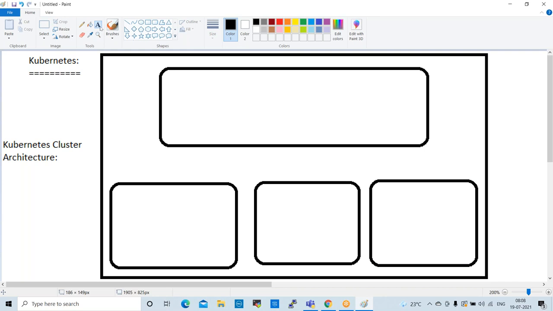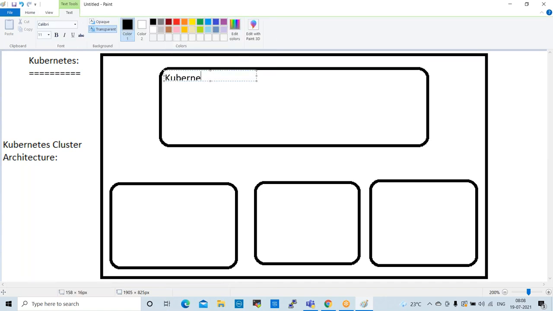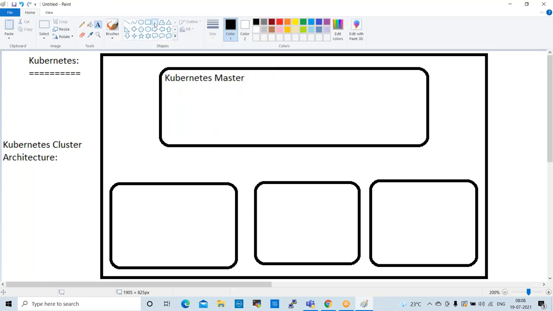Inside the master, we'll have different components, we already discussed, right? So this is the Kubernetes master. Inside the Kubernetes master, we'll have different components. The first component here, which is very important, is a component and